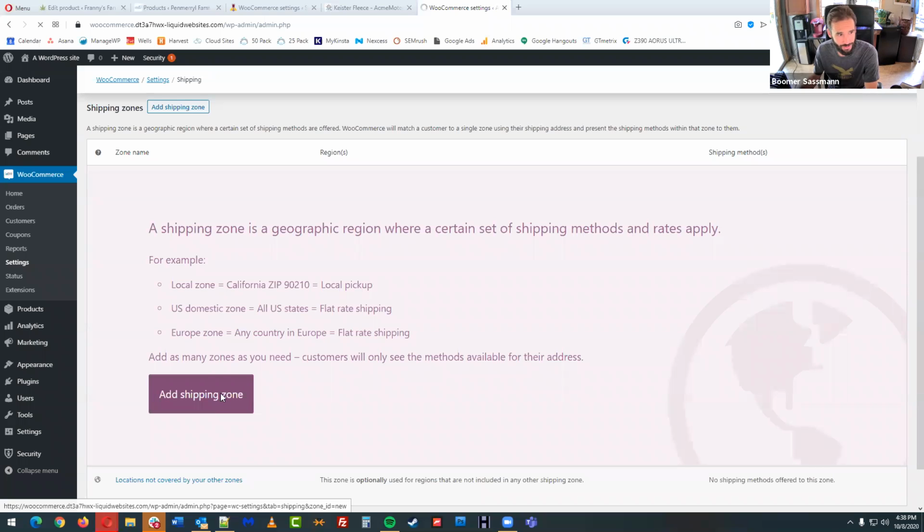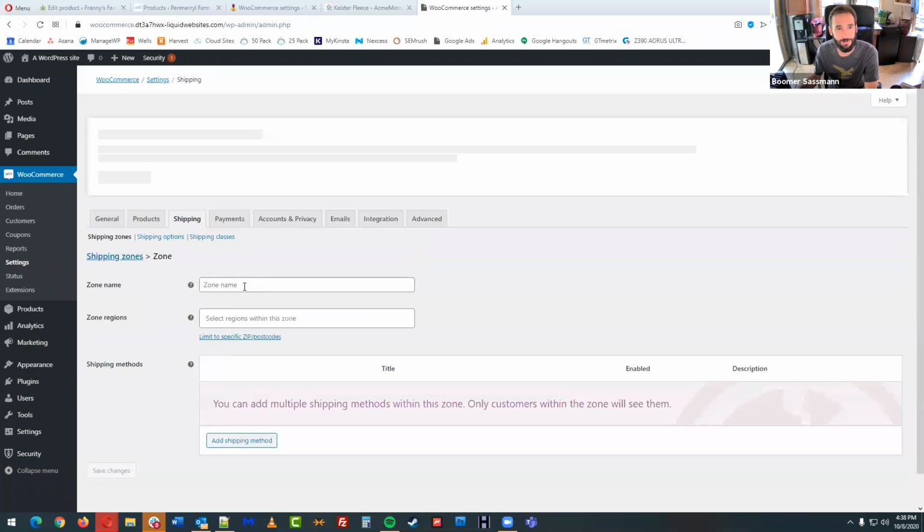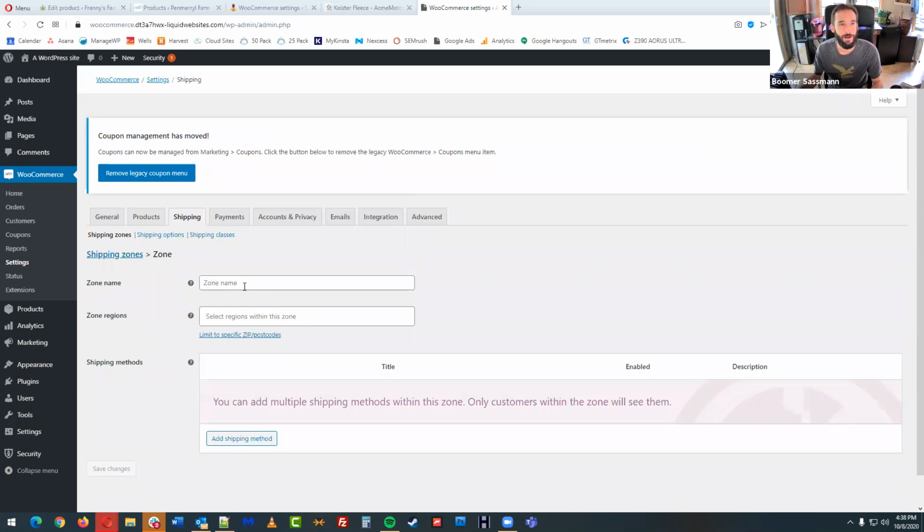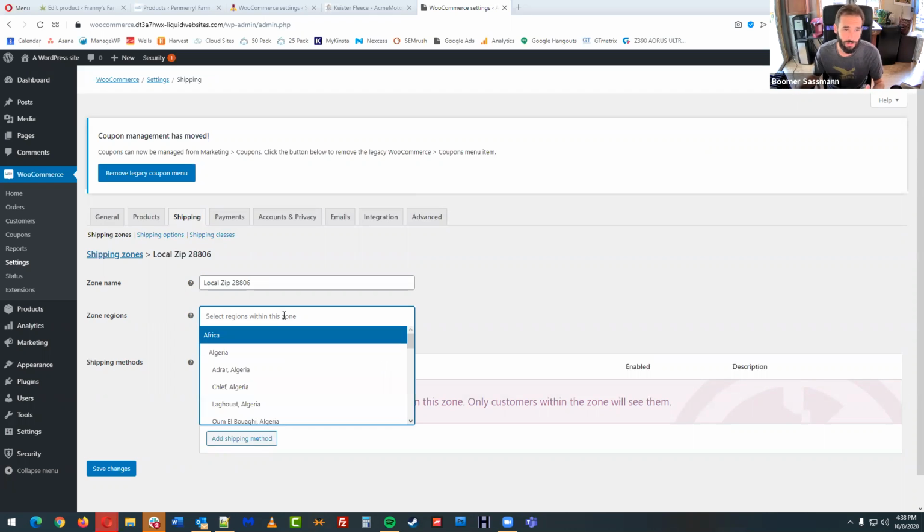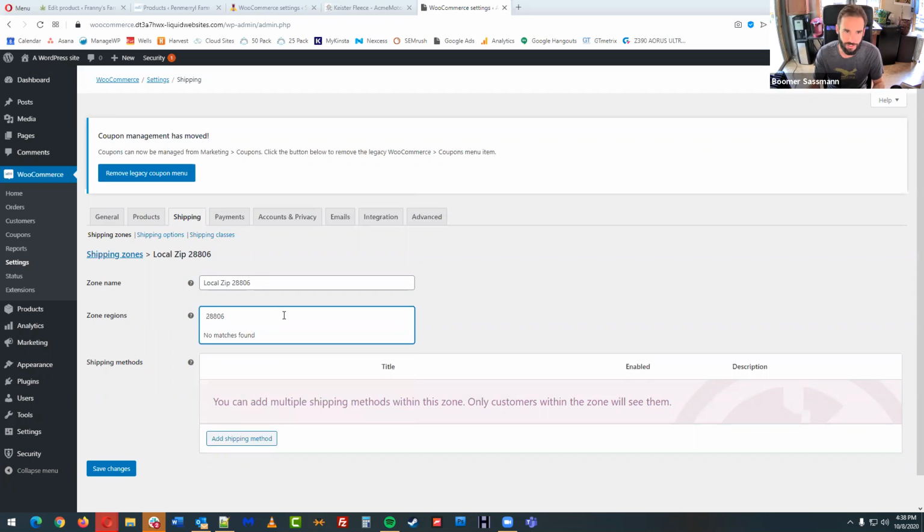So I'm going to add a shipping zone. I'm going to call this one, local zip. And this is just a name for us. This is not going to show up to anybody. It's just the local zip code, and we'll do that at 28806 just so I know what's going on here. And then this next thing is, where does this apply? What area does this rule apply to? Well, it's 28806. And I can put that in there, or